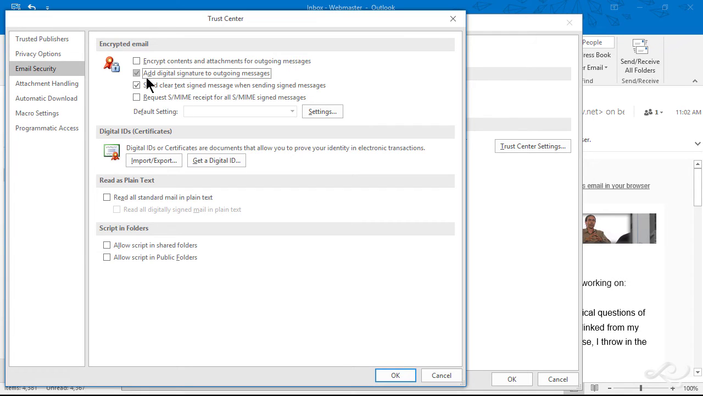So that's our email security. And at this point, all outgoing messages that I send out from Outlook will have the digital signature applied so that people getting the email can verify that it is indeed me that's sending the email. And that's what we want. We want to know that the email is coming from the CEO or the actual person that you're dealing with. And so we use that digital ID or certificate, and then we select this to add it